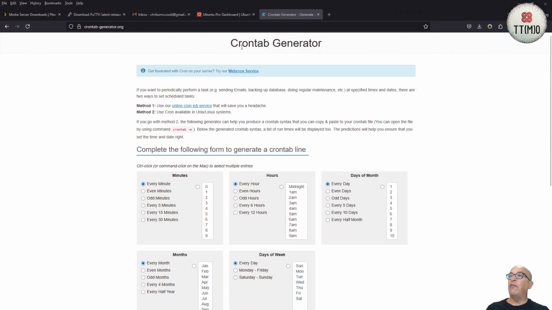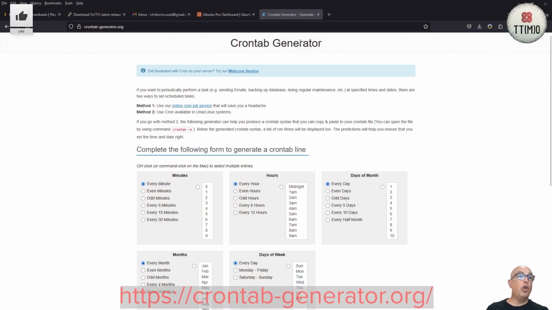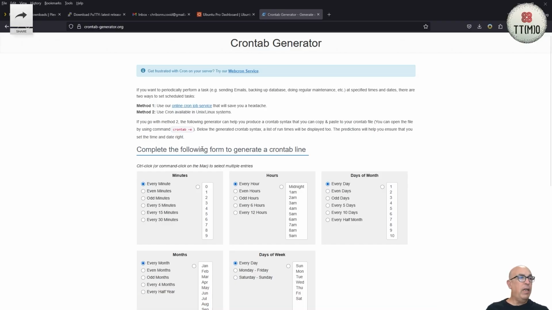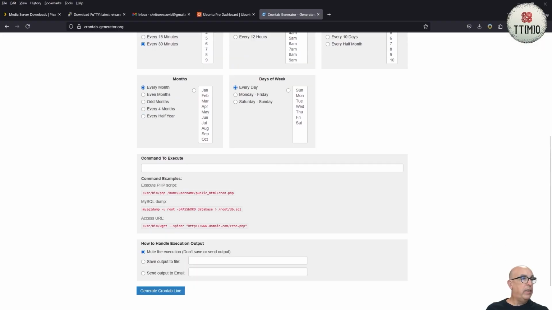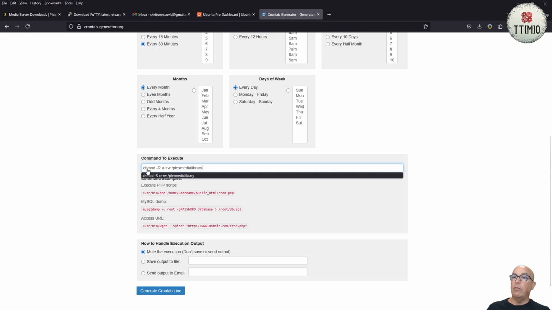Let's go over the process. Here I have the site, which is a crontab generator. Crontab is a scheduler, and I have a setting that every 30 minutes it executes the following command, which is